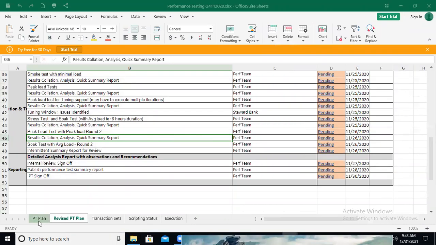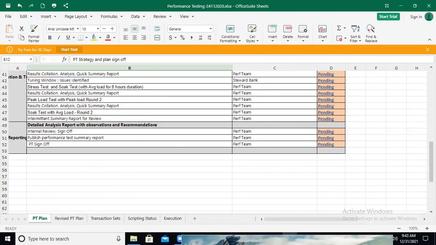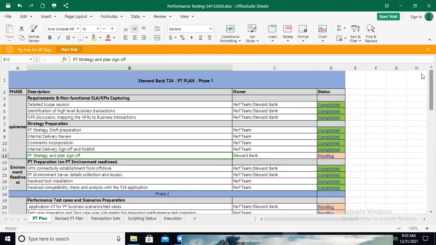See, this is the PT plan. You can observe this is the requirements and non-functional requirements, and what our strategy preparation is. Then the environment.